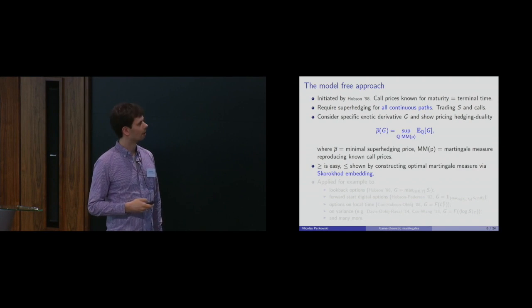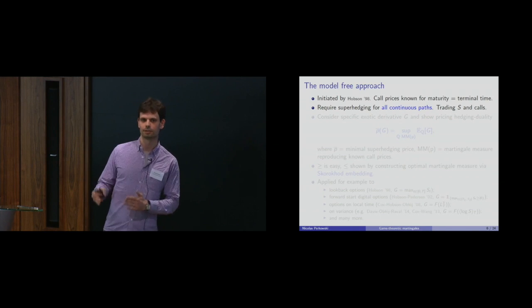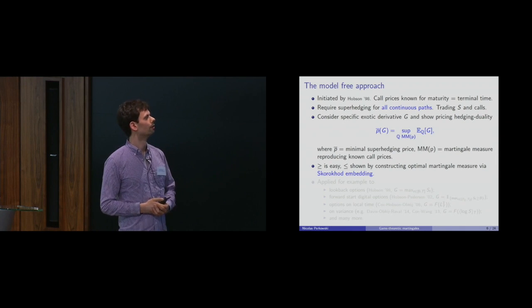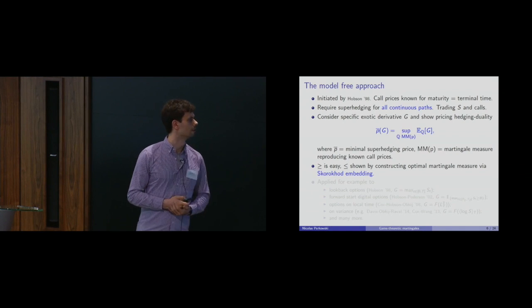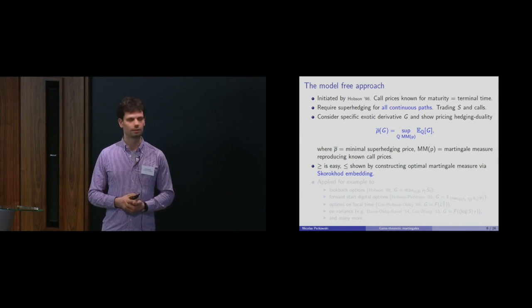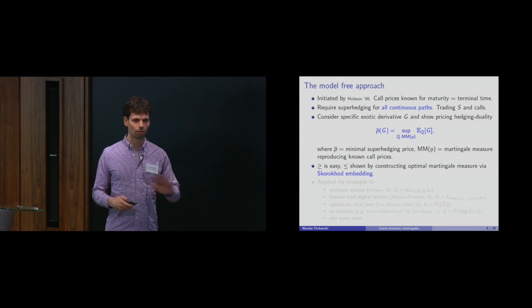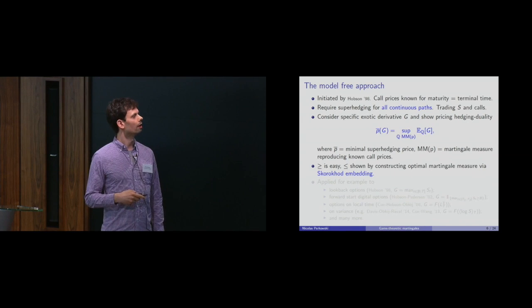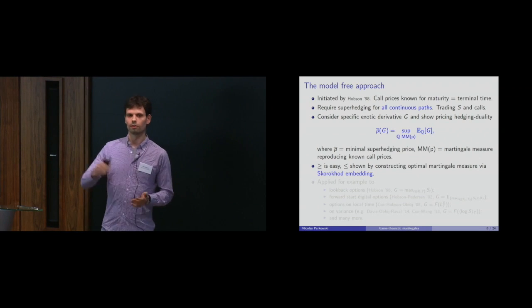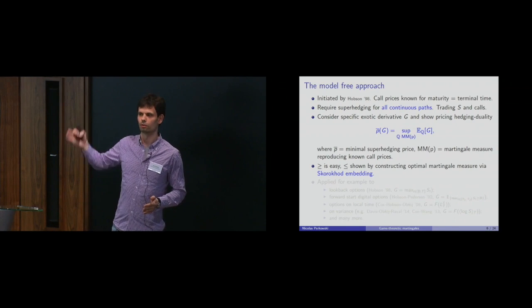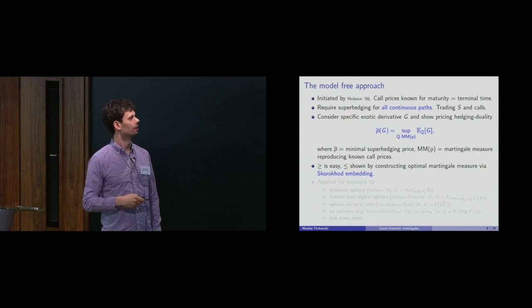And so we can superhedge trading in the asset and in call options. And what Hobson does then in a list of papers, I'll get to that in a second, is to show exactly such a superhedging duality. So the superhedging price in this sense, the pathwise really, all the risk eliminated, is given as the supremum over the martingale measures, where you look again at all the martingale measures. You know the call prices at the terminal time, so the martingale measures have to reproduce these prices. So you restrict the set of martingale measures that you consider.